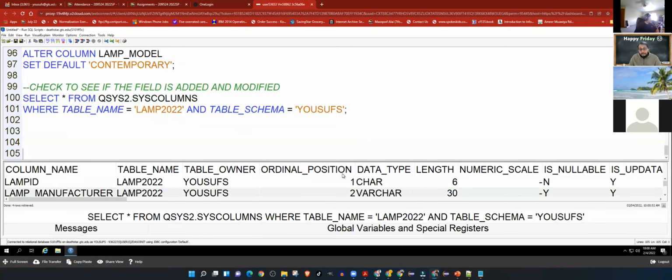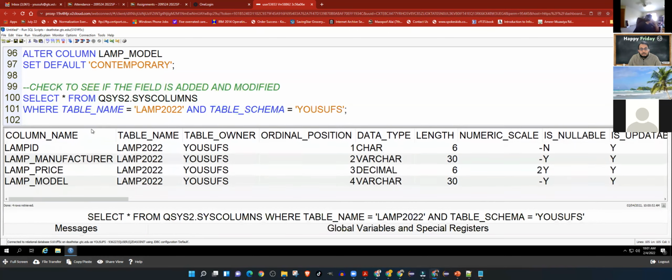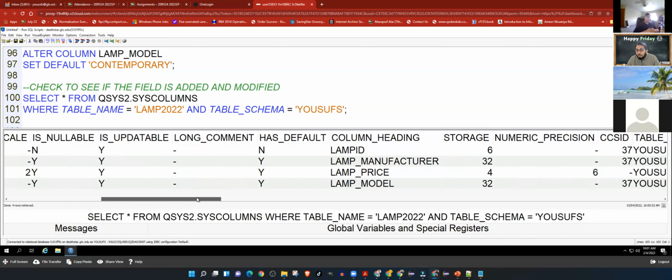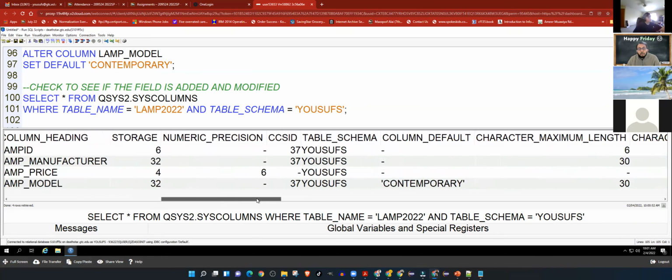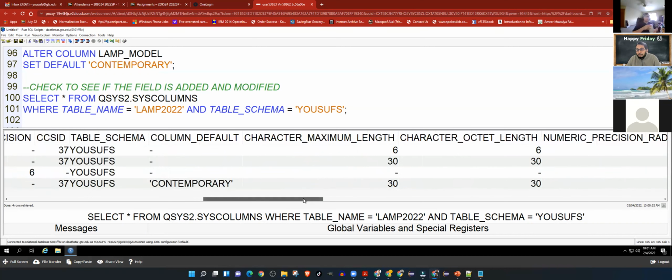And you can get to see the column names, and you can see their data types. You can see their order, ordinal position, in what sequence they are. You can see their length. You can see that lamp ID was modified to 6 from 4. You can see if anybody has any numeric scale, which fields are nullable. And if you keep scrolling to the right, you can see the storage, the numeric precision, the table schema, any default values, maximum length,